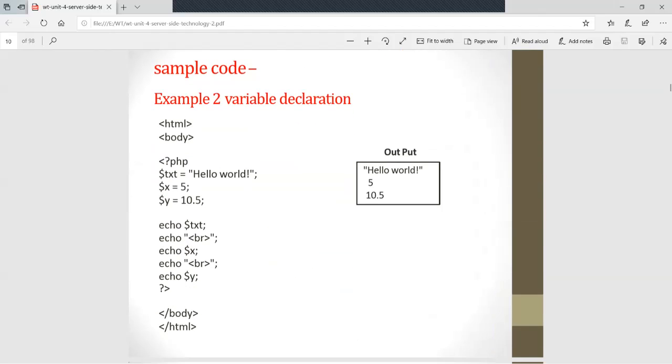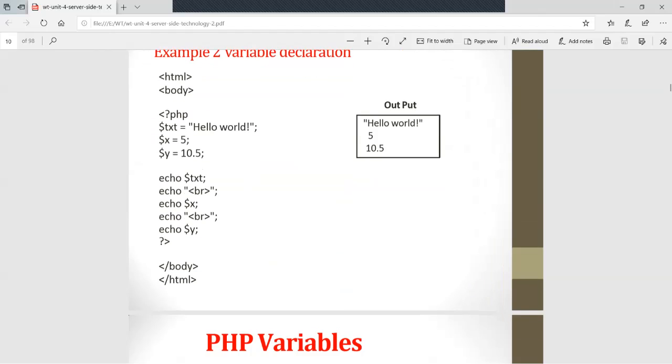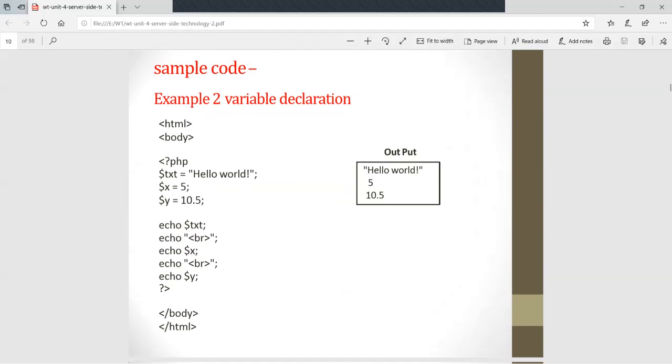Sample code example 2. When we declare a variable in PHP, we need to write a dollar sign in front of the variable. See here, $txt: we declare the variable with a dollar sign in front, $txt = "Hello world".